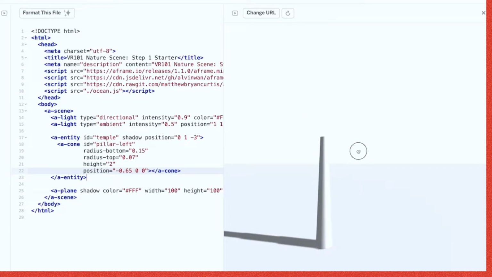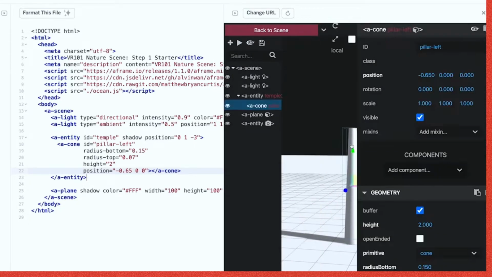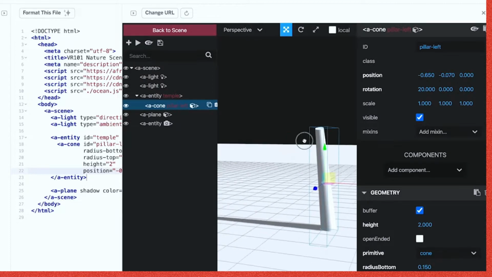Click inside of your preview window, then hit Control Option I all at once to launch the inspector. In the inspector, you can then select the object that you want. In my case, I'm going to select the pillar. Then you can change any attribute you want and see its impact visually in real time. In order to see more of this inspector, I'm going to drag this resizable bar right here. So here I'm going to actually change the Y position to be lower or higher. I can also change the rotation along any of the axes that I want. You might want to plug in here 30, for example, to see what it looks like rotated along the